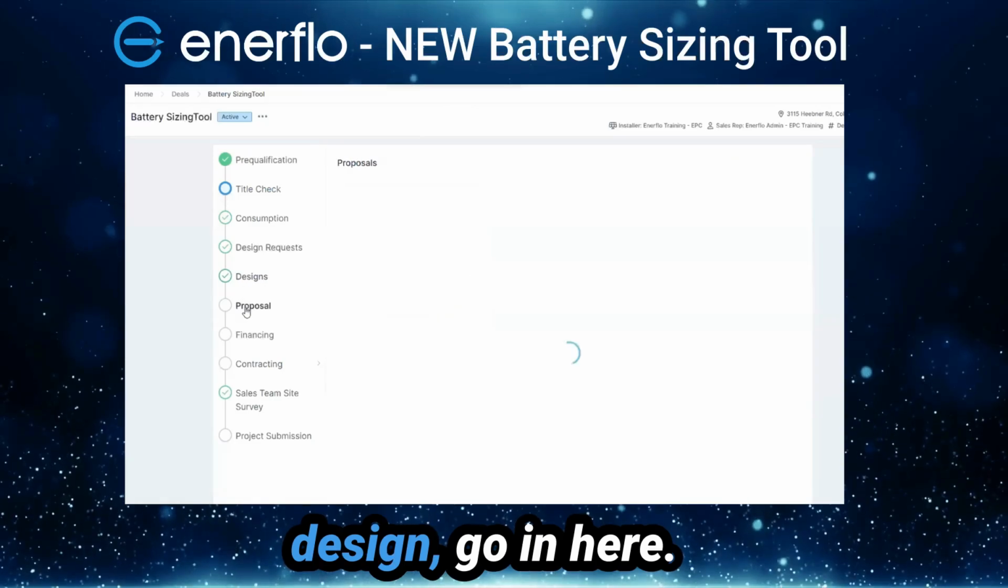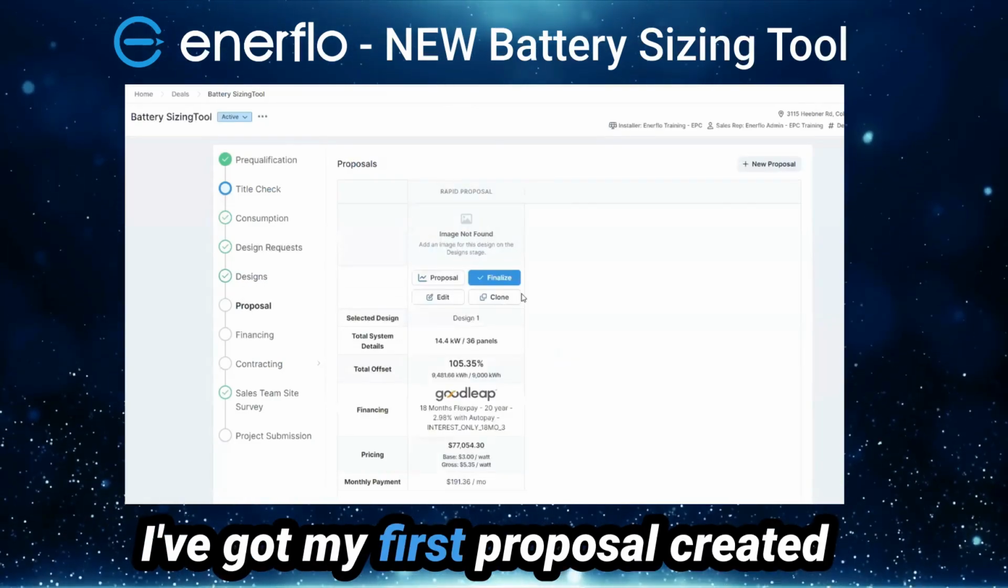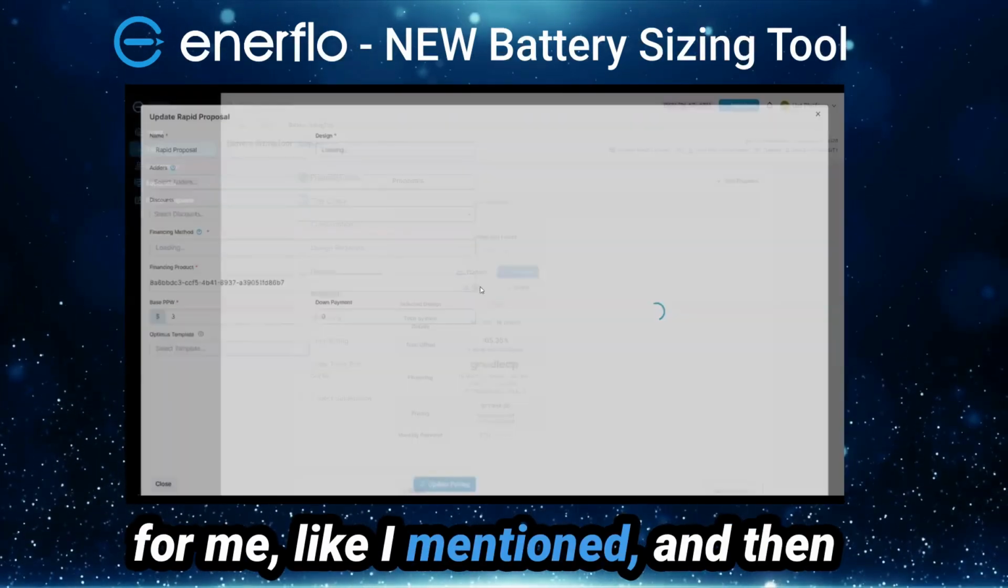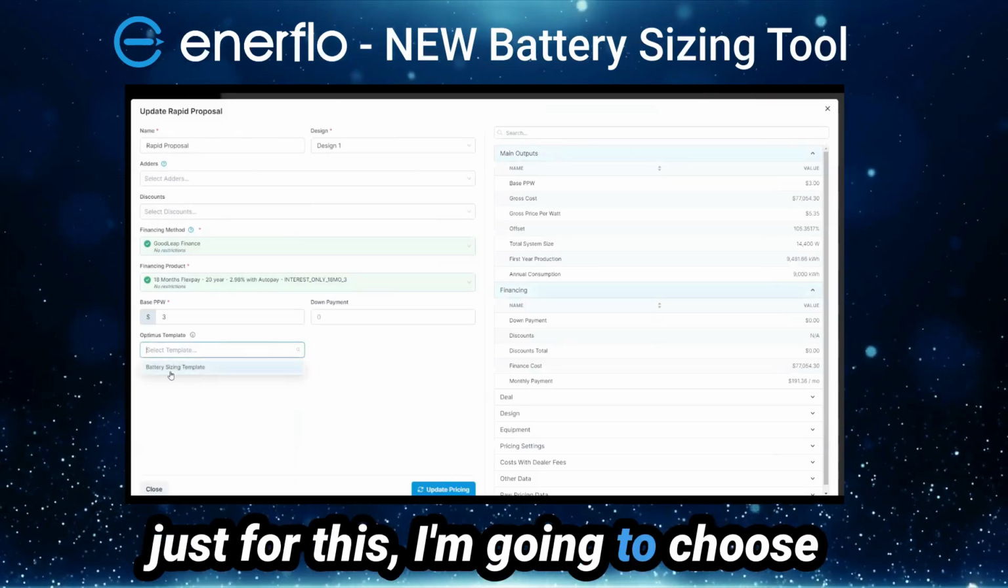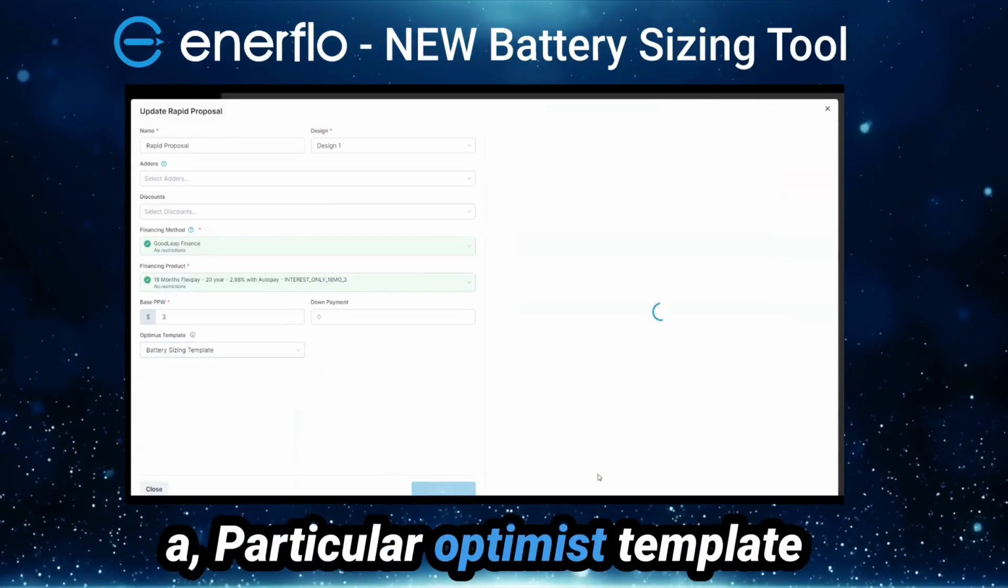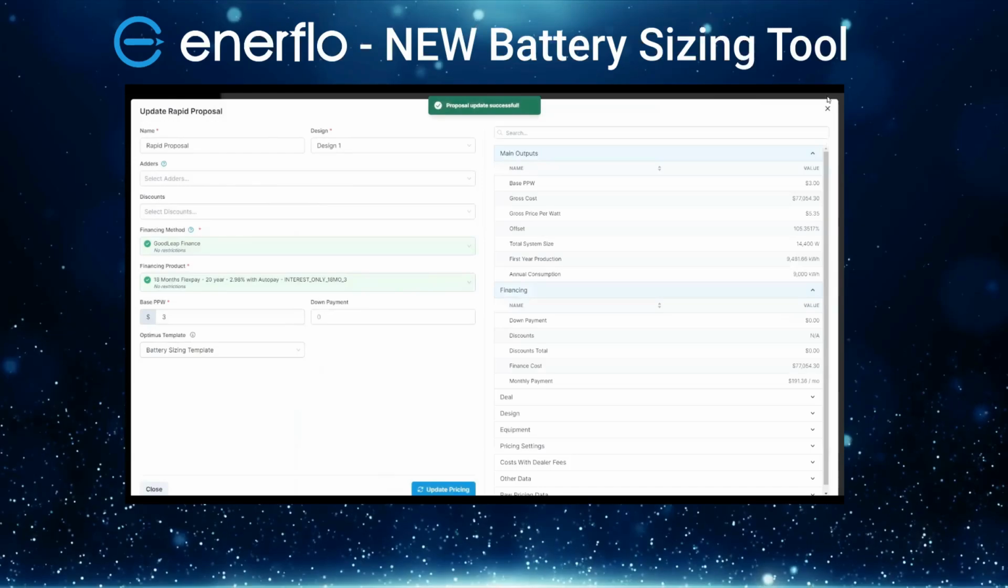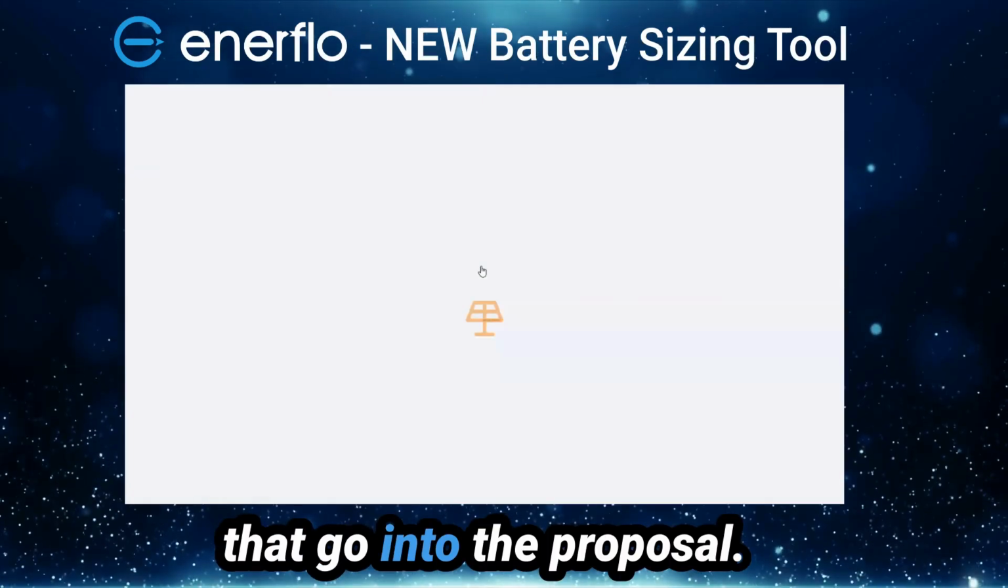Now that I've got my design, go in here. I've got my first proposal created for me, like I mentioned. And then just for this, I'm going to choose a particular Optimus template. Once I go into the proposal,